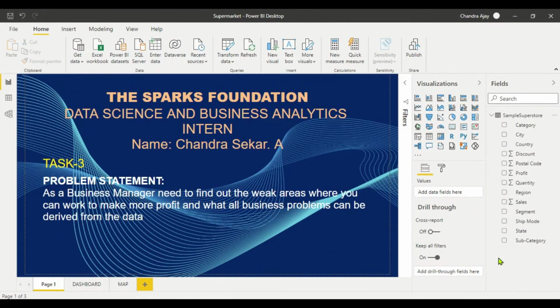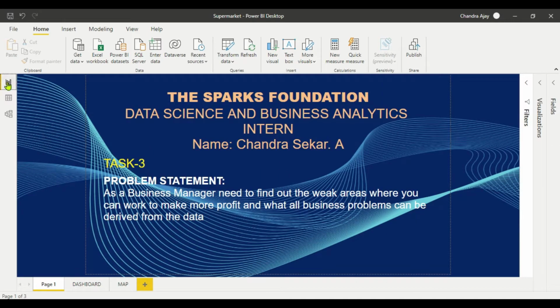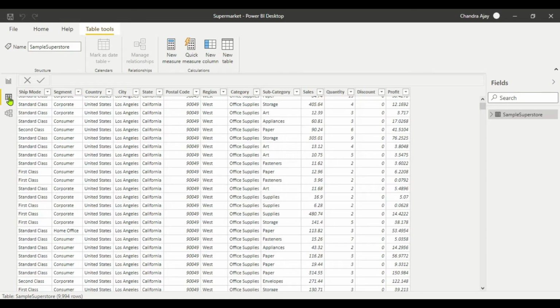For this analysis, I have used the Power BI tool. This is the visualization tab where you can see all the visualizations that are available in this tool and you can play with it for the analysis purpose. This is the fields tab where you can see all the features that are available in your data. On the left you can see three tabs available. The first one is the report tab, which we are currently in, and here all the visualization and graph work is done. The second is the data tab where you can see your current data.